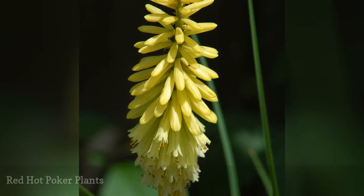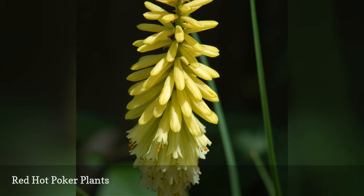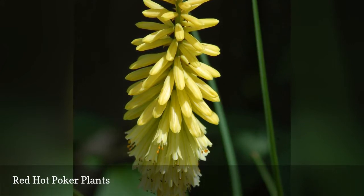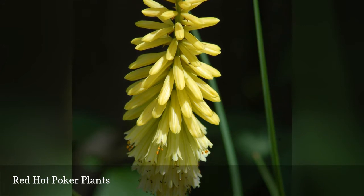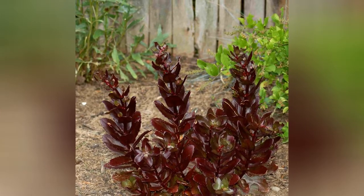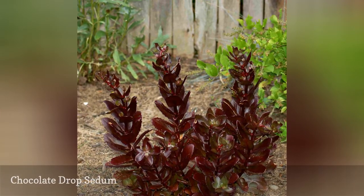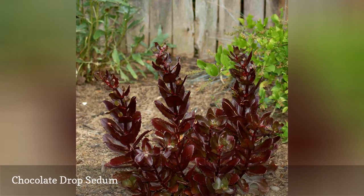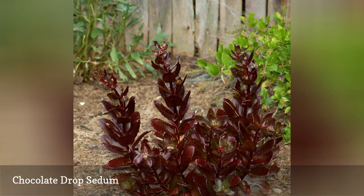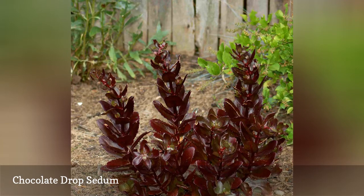While many plants, including red-hot poker, are visually appealing in their own right, it also pays to know a few of the tips used by the pros in designing a garden. By playing with these design principles, you can achieve a composition that is greater than the sum of its parts. We just mentioned a potential use for red-hot poker, namely, to create a contrast in form. In our own landscape, we grow it close to chocolate drop sedum. Not only do the two contrast in terms of flower form, the chocolate drop's flower head is dome-shaped, but also